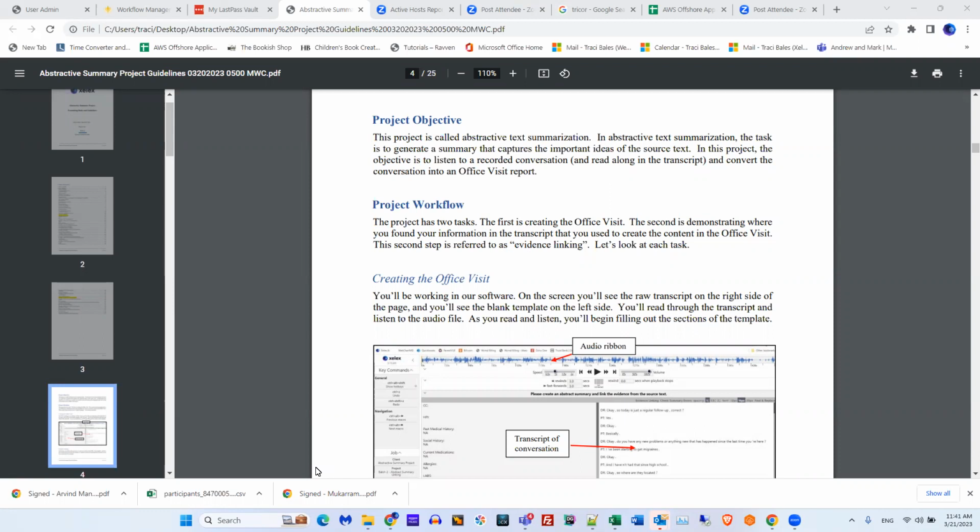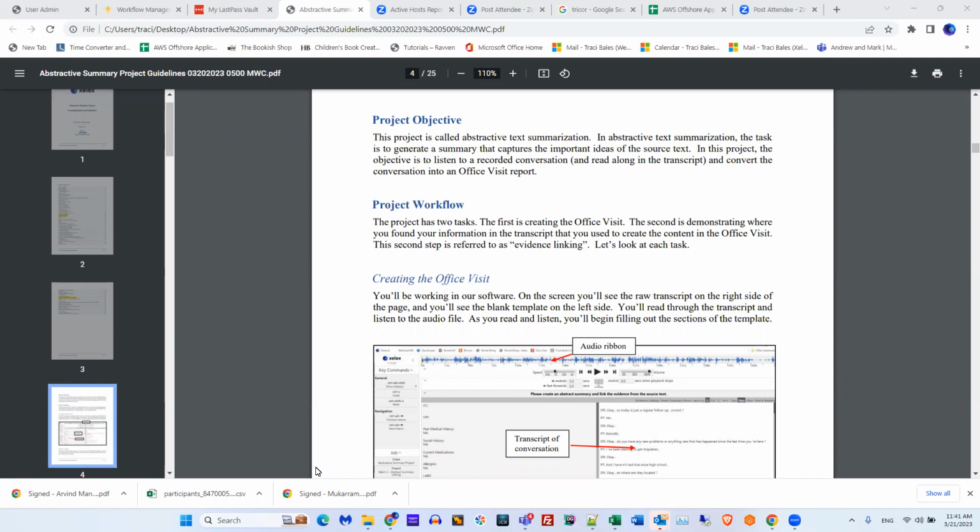Okay, so it's 2 steps. You're going to create a transcription from the conversational audio and raw text, and then you're going to link your statements back to the raw text as evidence. So that's how it differs from regular transcription or scribing work.